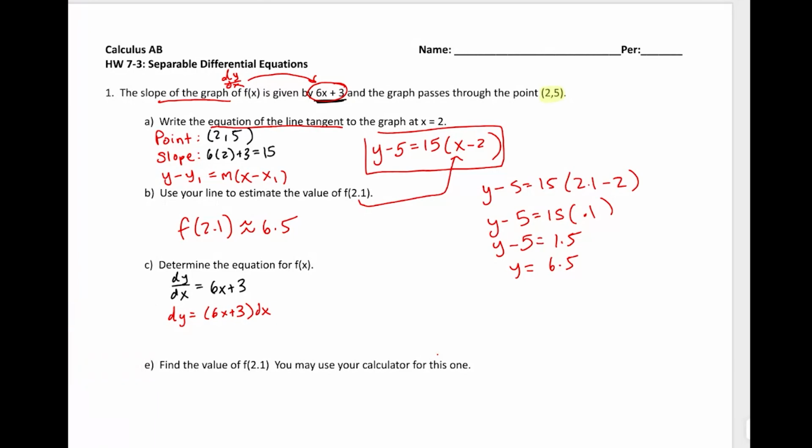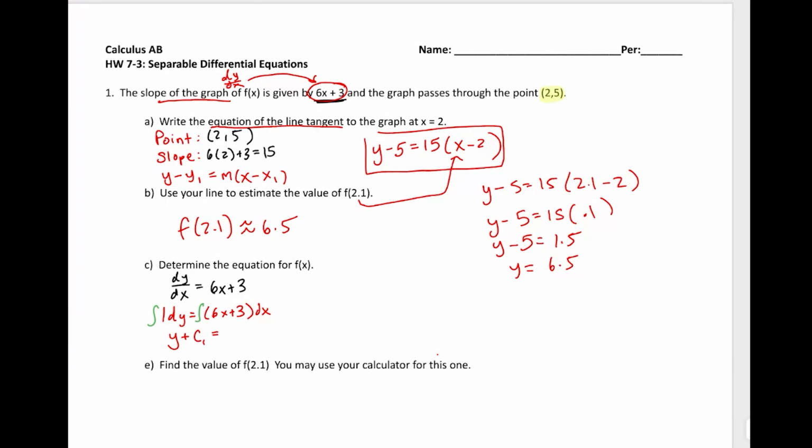So I'll integrate the left side, integrate the right side, but in terms of different variables. The left-hand side will be integrated with respect to y, and the right-hand side will be integrated with respect to x. Now, the integral of dy, you might think of this as like 1 dy. So if you're wondering, what function has a slope that's 1, well, it's just one, if y equals x, if we're in terms of x, since we're in terms of y, it's just going to be y. So we have y plus some constant. Okay, I'll just call that c1, although you can call it cy, or you could just call it any constant,